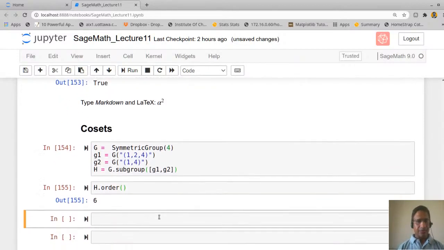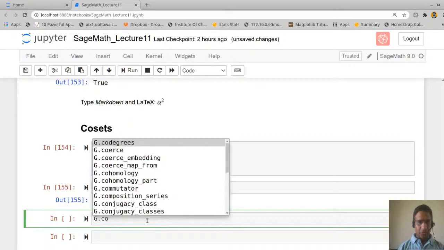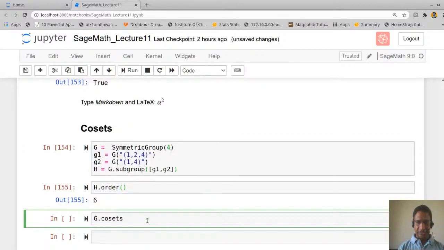Now let us find the cosets of this. There is an inbuilt function to find cosets. It is G.cosets of H, the cosets of H in G, and then you need to mention that there is a notion of right coset as well as left coset. So if I say side equal to right, then it will give right cosets.